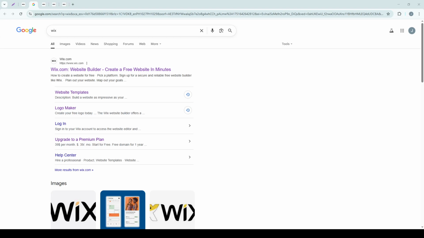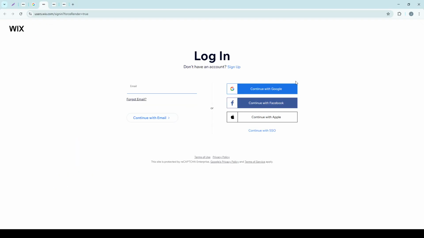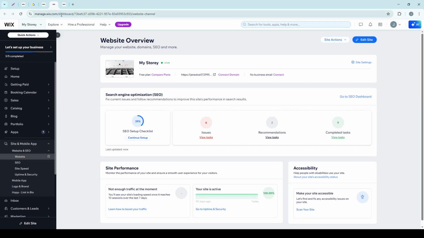First, you need to head over to the Wix.com login page. Now, this might be a familiar step if you use Wix regularly, but for those who might be newer to the platform, let's break it down a bit. Go to the website using any web browser on your computer, type in your credentials, and log into your Wix account. If you're using a public or shared computer, always ensure you log out once you're finished to keep your